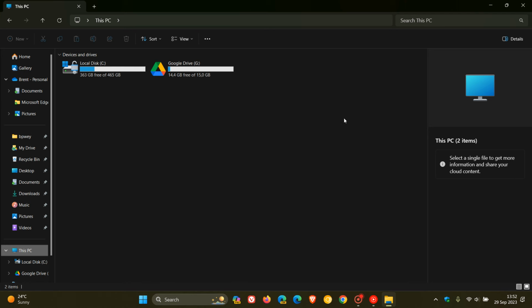Now, unfortunately, although Microsoft has added some improvements to the new File Explorer, which I'm actually quite enjoying, I like the new look and feel, they've also removed and deprecated a feature that's been around in File Explorer now, which I think some users may find a little bit of a frustration, because with the previous version